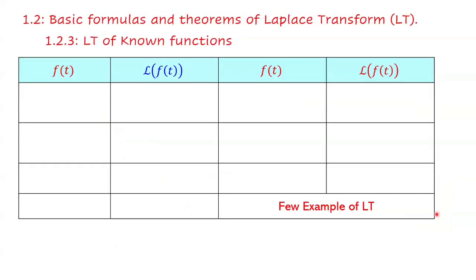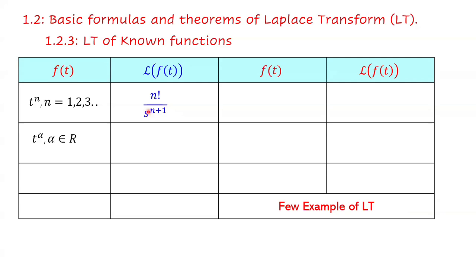Okay, next we will present some well-known Laplace transforms. We calculated it for t only, which is n equal to 1. But now what about other integer powers of t? In that case, it will be n factorial over s to the power n plus 1. So for example, for t squared, it will be 2 over s to the power 3. For t cubed, it will be factorial 3, which means 6, over s to the power 4. So the power of s is one extra.